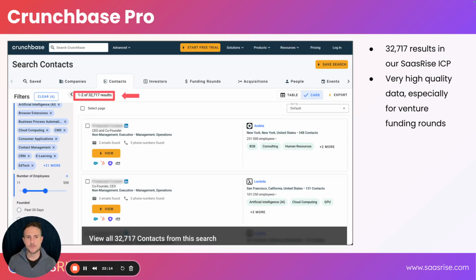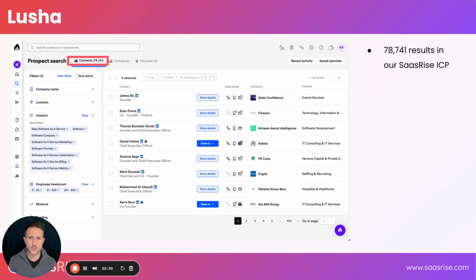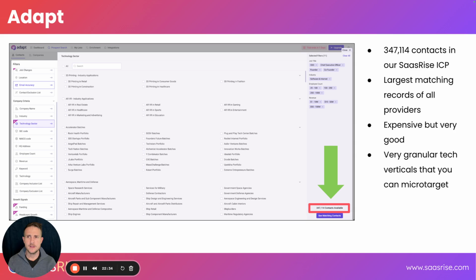Crunchbase is good for people who have raised venture capital, which is good for our market. You'll have to think through your own market, whether you're targeting CFOs, CTOs, CMOs, heads of sales, HR, CEOs, etc. But it had very good quality data, especially for companies that have raised money. Lucia had 78,000 contacts. Adapt, which is expensive, but is probably the largest in terms of data coverage from what